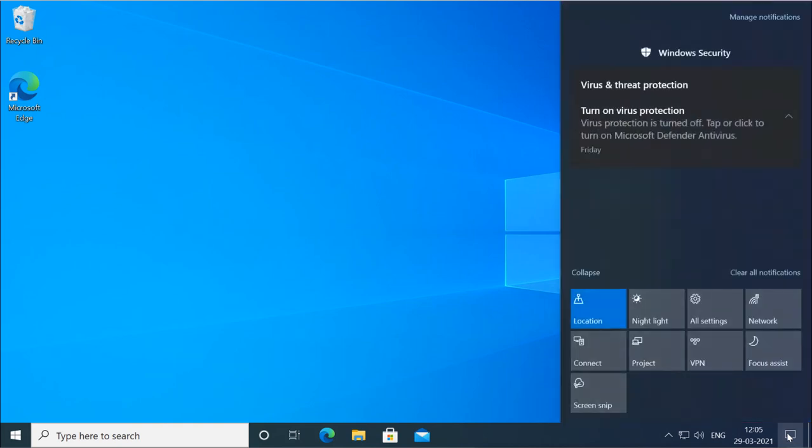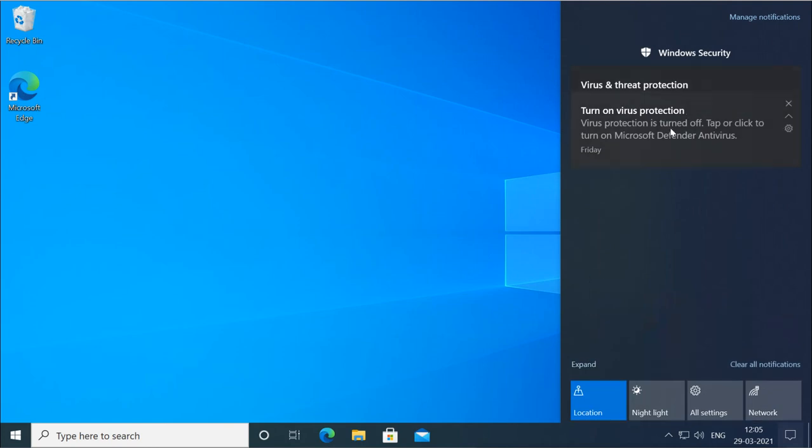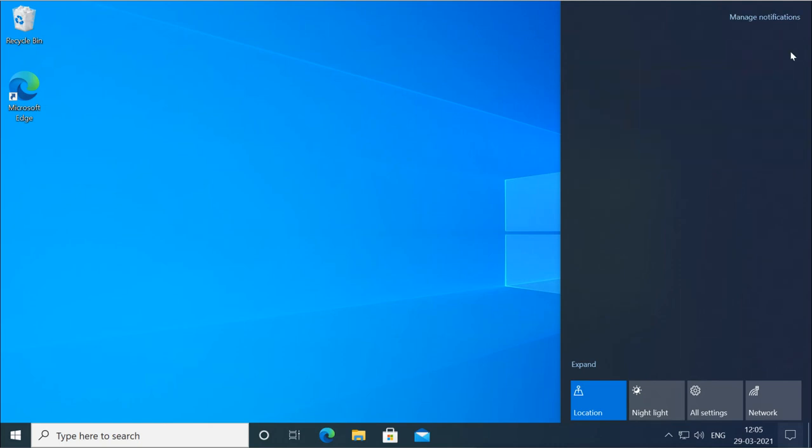It is improved, and here you will see notifications. Whatever notification comes, you can see here. And then there are different settings here, where you can open all the settings apps. You can open the network settings, connection. You can go for the night light, which will go to dark mode.